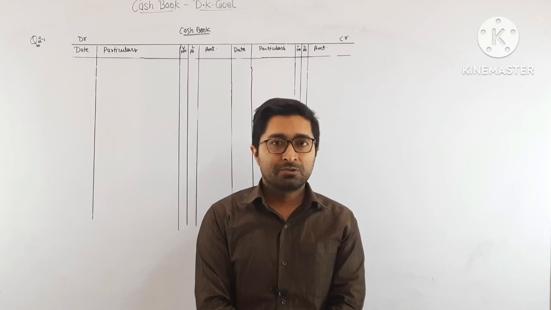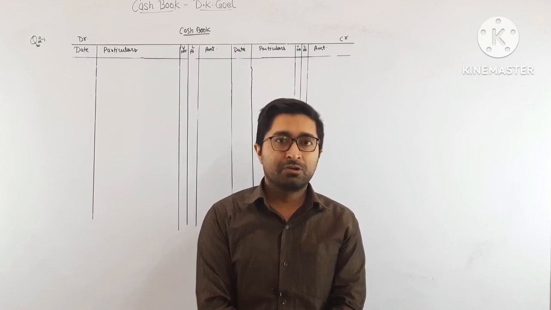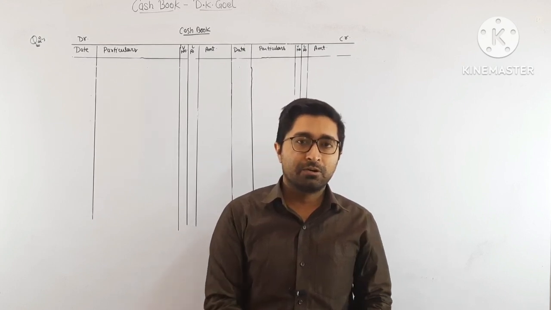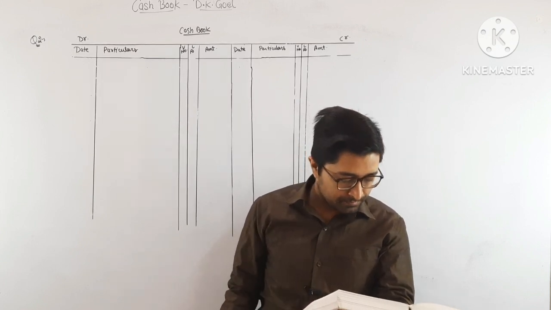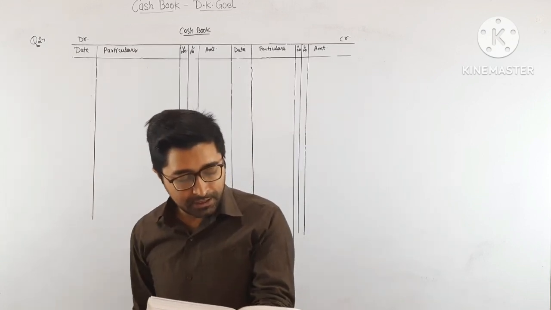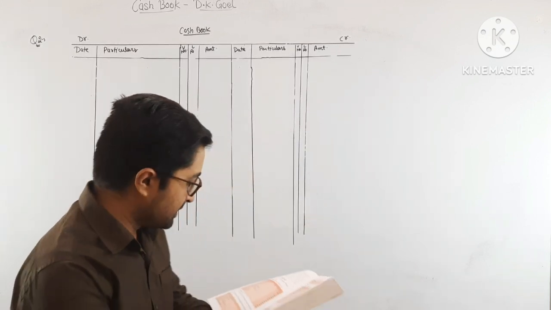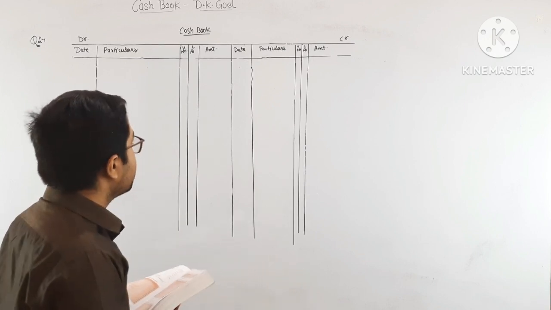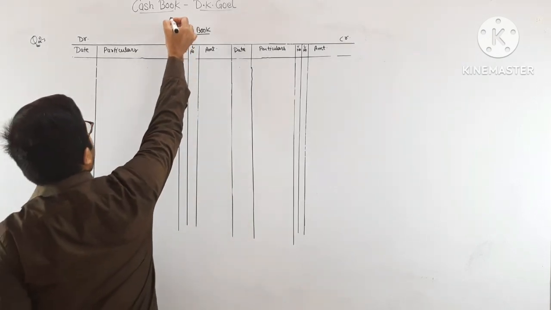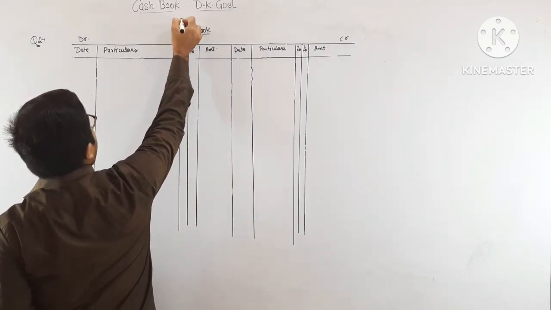Hello students. So today we are going to start question number 2 of cash book from DK Goel. Now see the question. Enter the following transaction in the MS Mukherjee and Brothers single column cash book. So first of all we write this in the book of